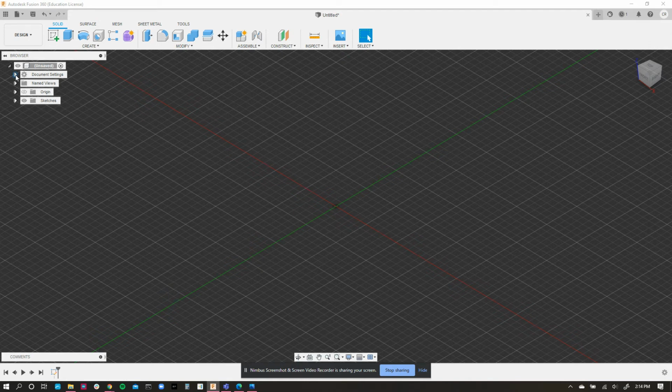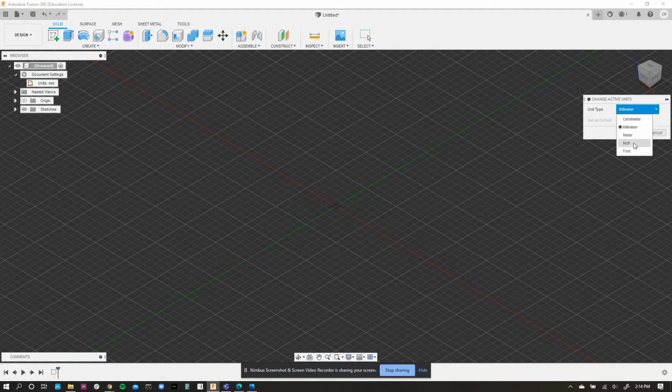I keep my Fusion 360 with a certain setting that you might want to change every now and again. I keep the units in millimeters because I model mostly in millimeters, but this one seems to be made in inches because a quarter millimeter is not very big. So I'm going to change this to